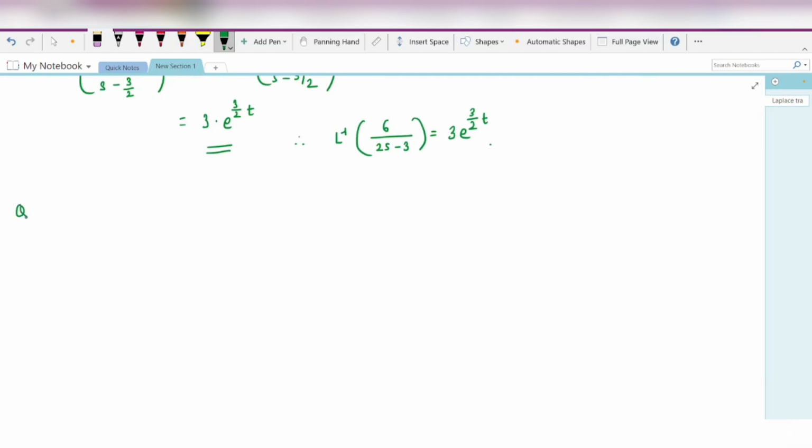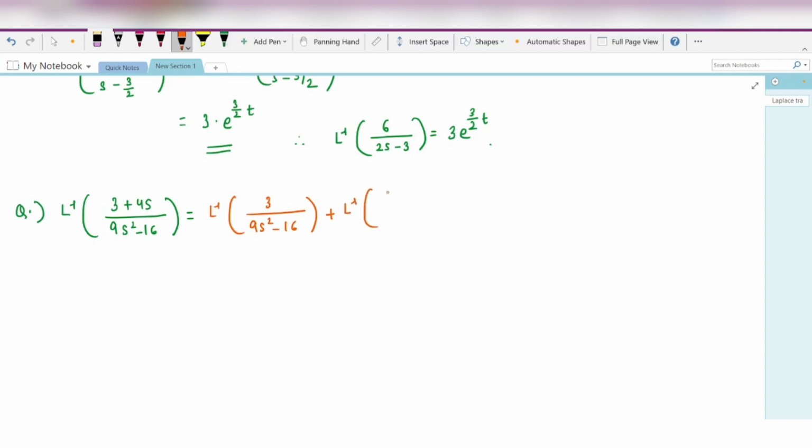Similarly, we can do one more question, and in this we can find the Laplace inverse of 3 plus 4s by 9s square minus 16. So this can be expressed as Laplace inverse of 3 by 9s square minus 16 plus Laplace inverse of 4s by 9s square minus 16. We know the linearity holds. So therefore now this is equal to Laplace inverse of 3 by, again let us make the coefficient of s square 1. So we can take 9 common and we are left with s square minus 16 by 9